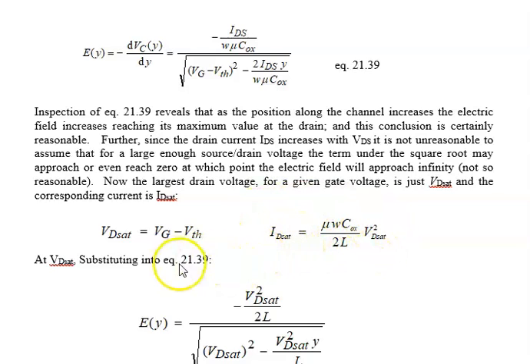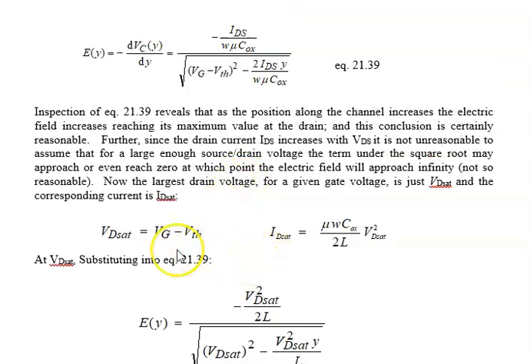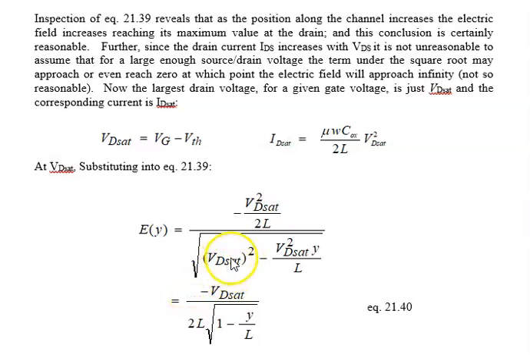So if we substitute these expressions into 239, specifically IDS goes up in here. We find that wherever we have Vg minus V threshold, we put in Vd sat. That's why this is here. And IDS corresponds to this guy right here. A lot of things cancel out, which is nice. And we get a very straightforward and relatively simple equation. I kept the minus sign in here. It's not terribly important, really.